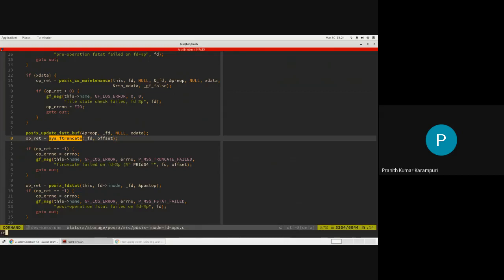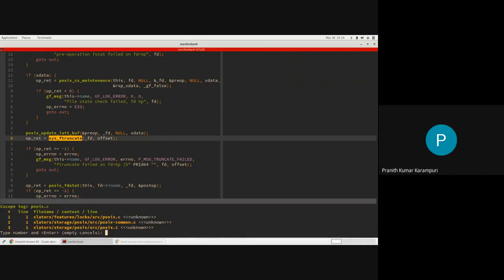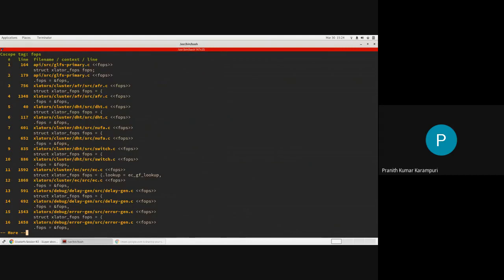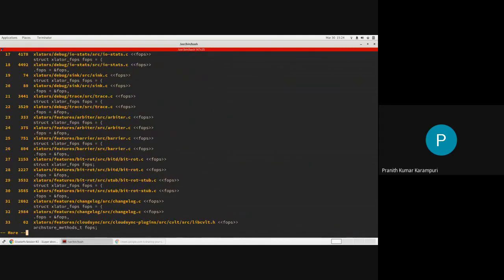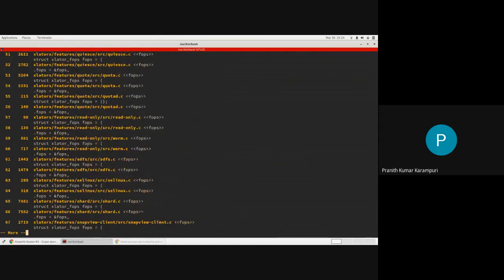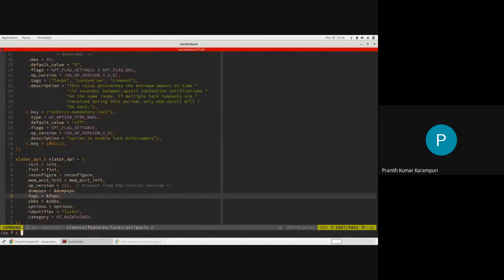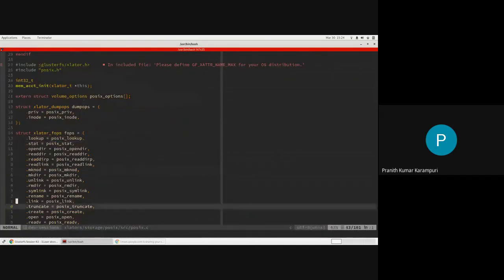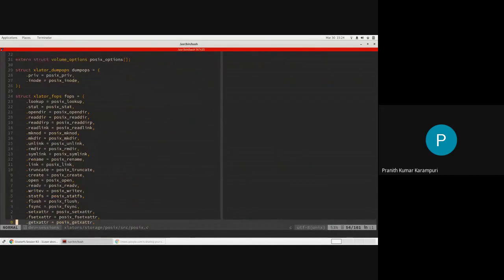With this explanation, now you can actually look at any of the FOPs that are there. There are too many in POSIX. These are all the file operations the POSIX translator actually implements.